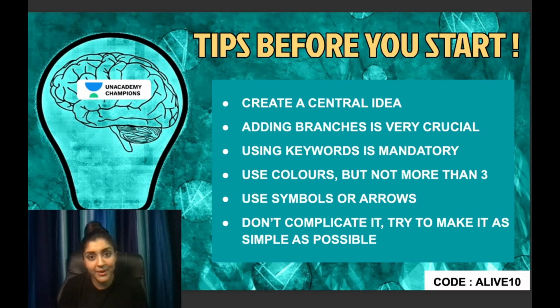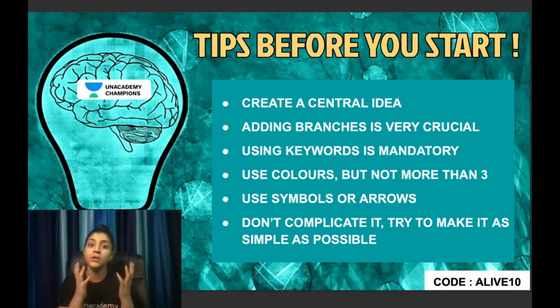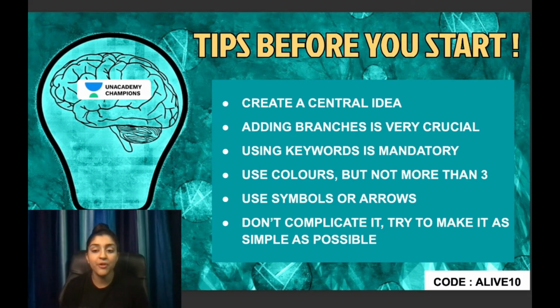We need to make it a little easier for ourselves. Use symbols and arrows. I'll give a very quick information about that. Suppose some topic that I really need to learn and I keep forgetting, I'll make a star over there. That's my symbol of important. And maybe some arrows. I can use the upper arrow for showing increasing, and the lower arrow for decreasing. So this is how you people can use the symbols to even shorten your own concept or whatever you are trying to write. Don't complicate it and try to make it as simple as possible. That is the first thing I think you need to know, because if you try to put in everything, it will not help you. You need to simplify each and every step.